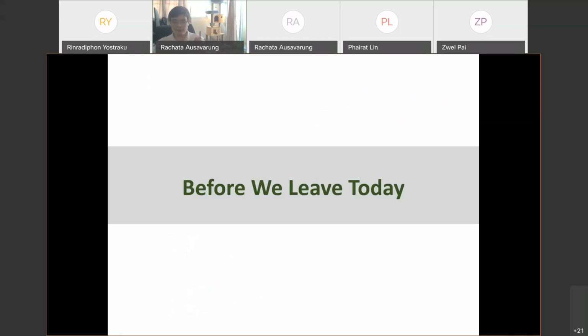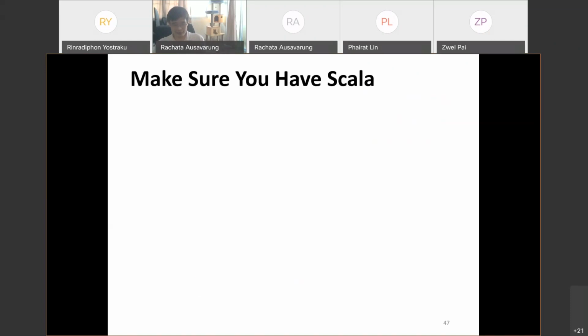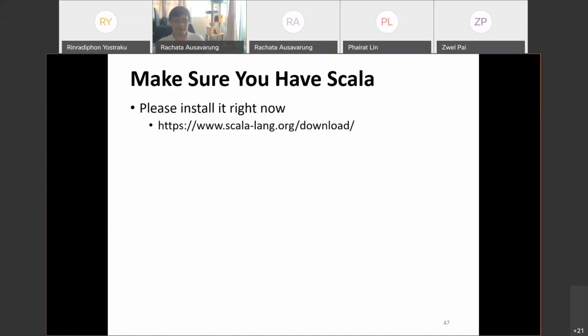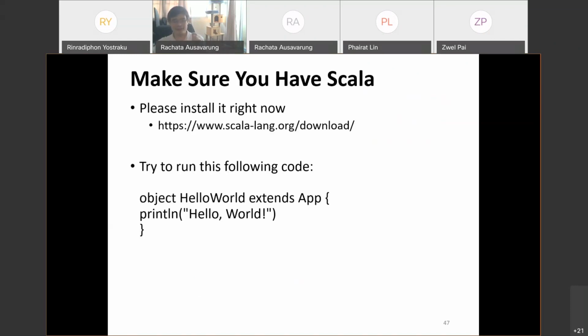So before we leave today, this is your in-class exercise before we move on to Discord. Make sure you have Scala installed. Please install it right now. The next week that we meet on Friday, I'm hoping that everyone has this installed. It's on your in-class exercise one. The only thing you do is put in this code. When you run it, it should print hello world. When you get the message, take a screenshot, submit it to your